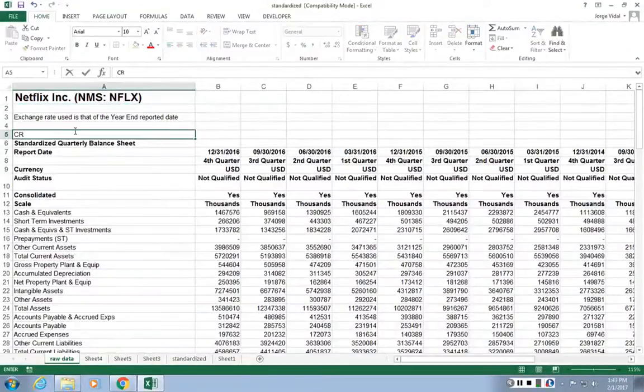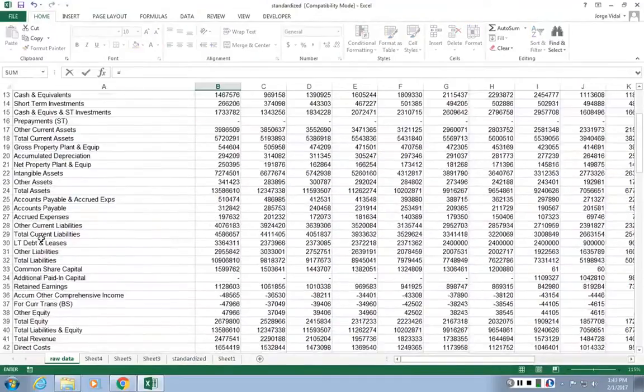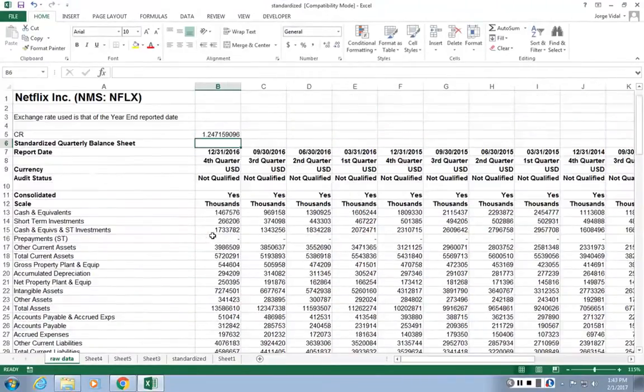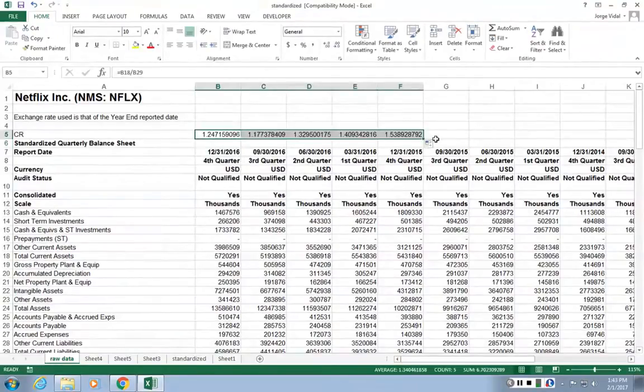But current ratio equals current assets, which are right here, over current liabilities, right there. So that will be the number. And then you can copy the equation and do that for every year. A better way to do that is if you go to your